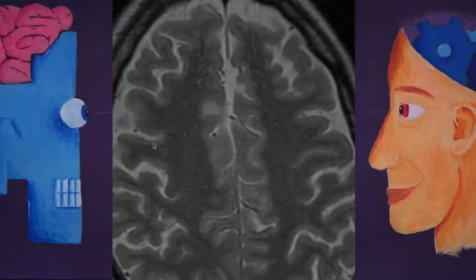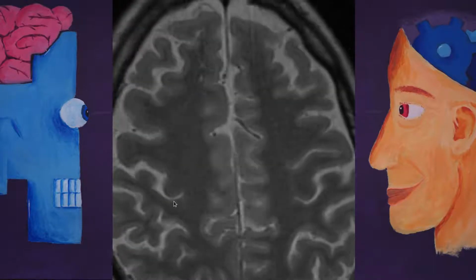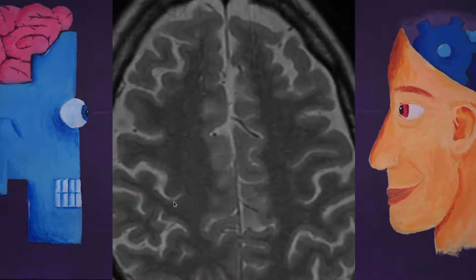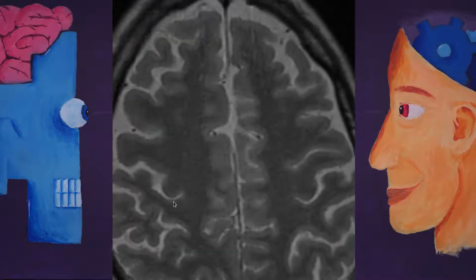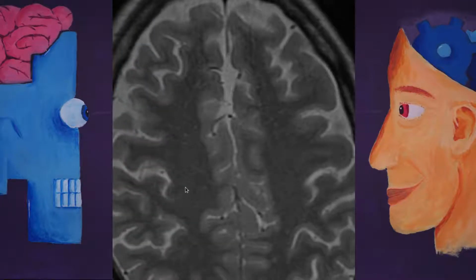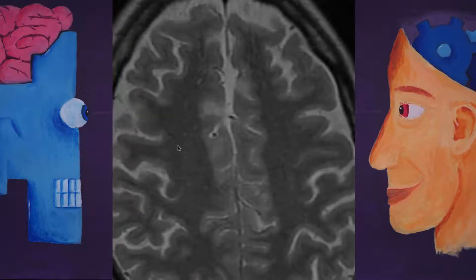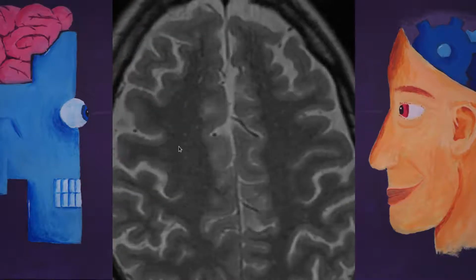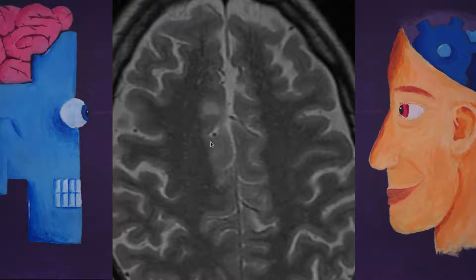Sometimes you have to be careful because there are sulci. If you look at it in only one slice, you might think it's a perivascular space, but you really have to scroll up and down around that slice to see the structure of the perivascular space. You always have to look at the structure to have an idea of what is what. So that's a bit tricky.